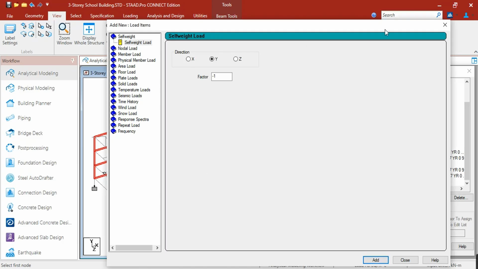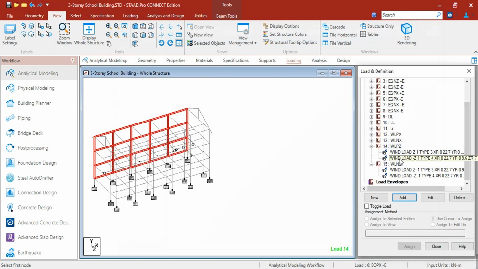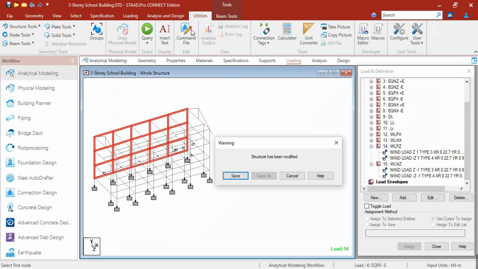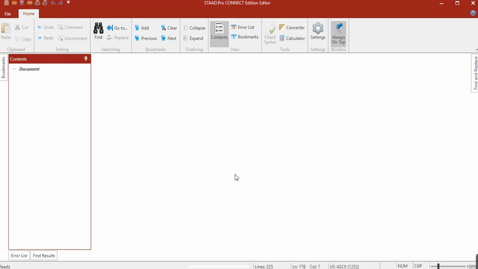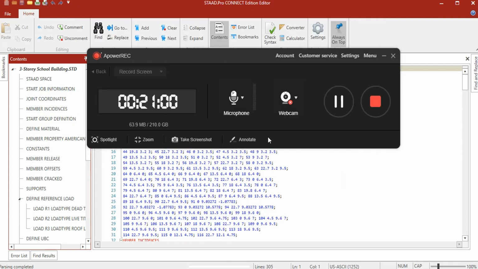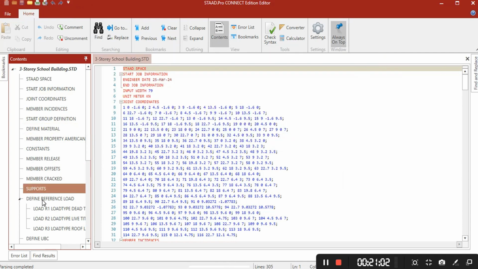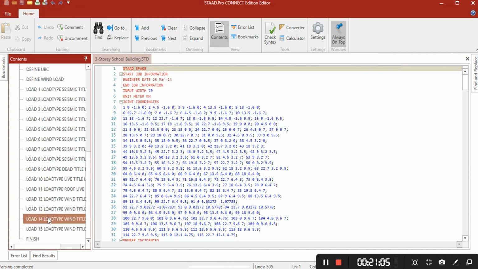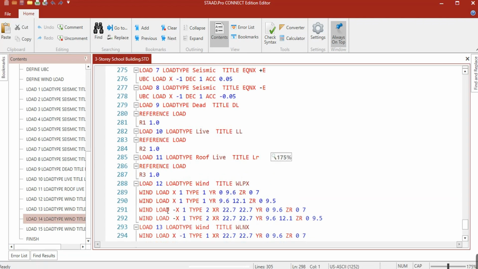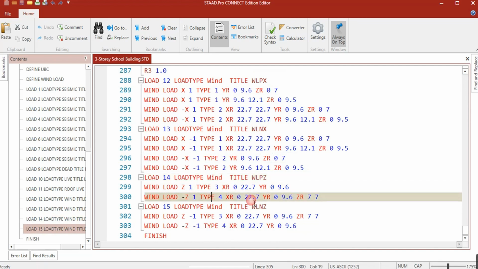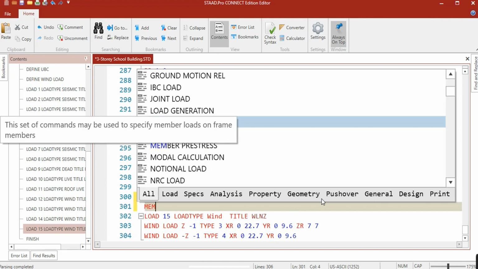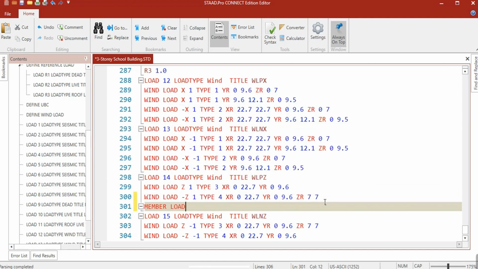So here, instead of loading it, let's use the editor. Then click the command file. Yes, then under the reference load for WPZ, after this line, let's enter, then member load, enter.